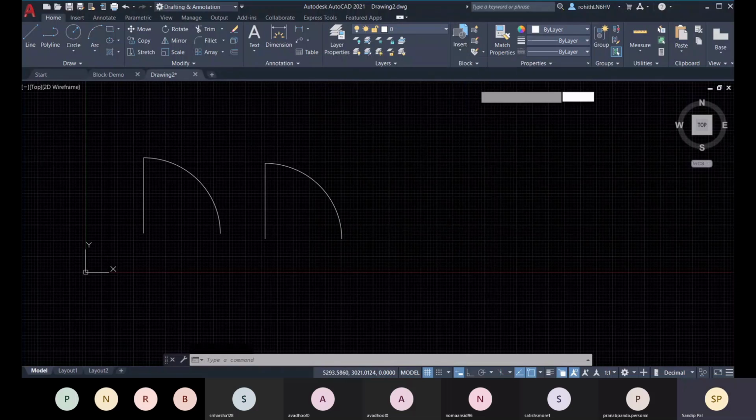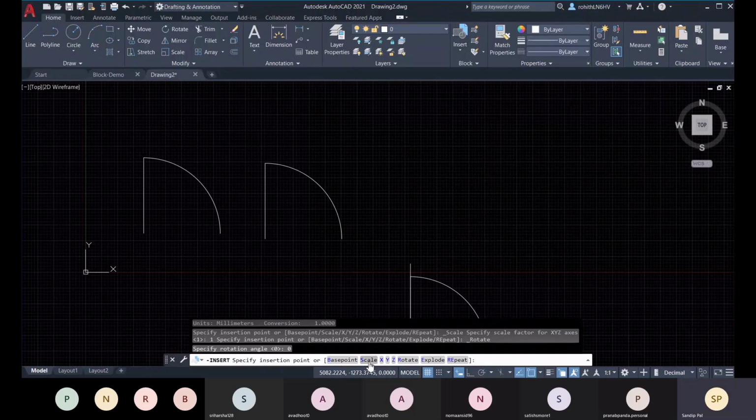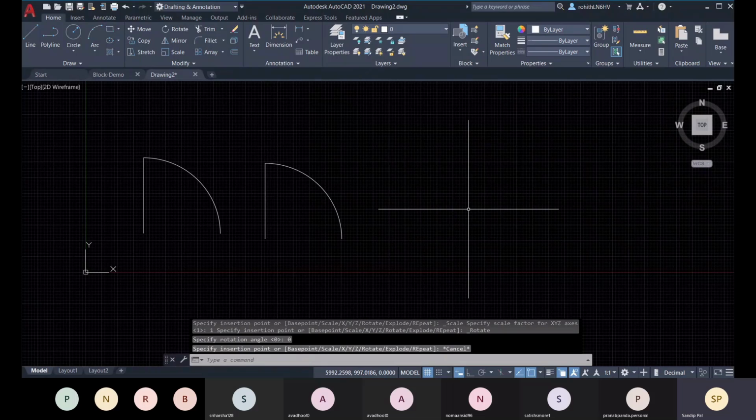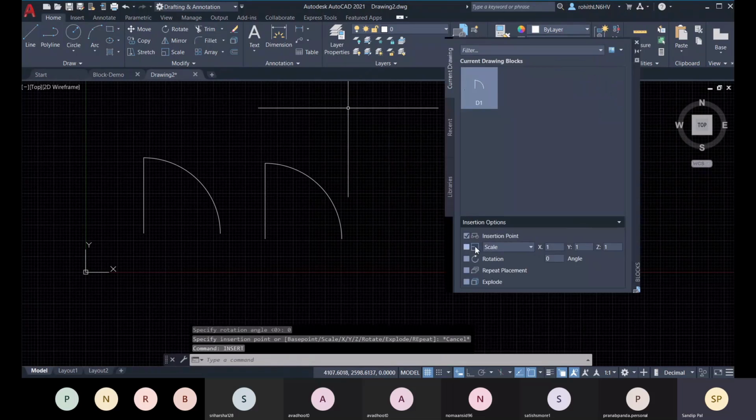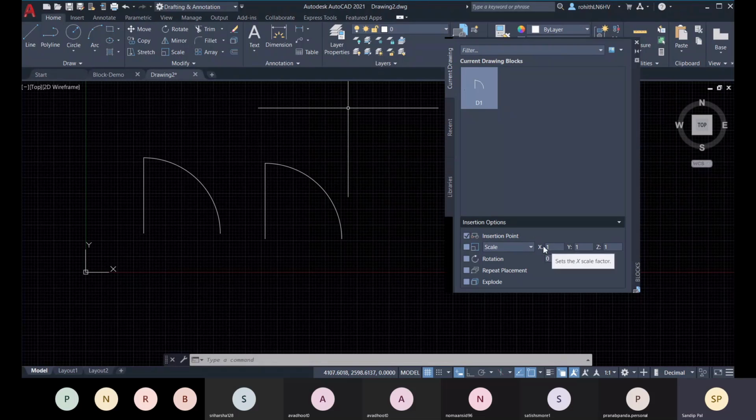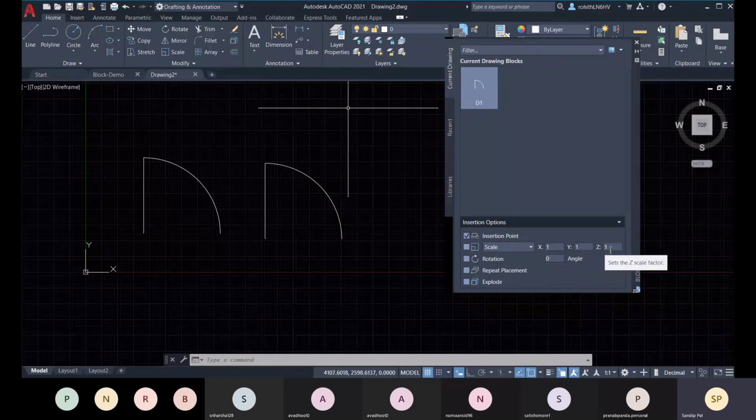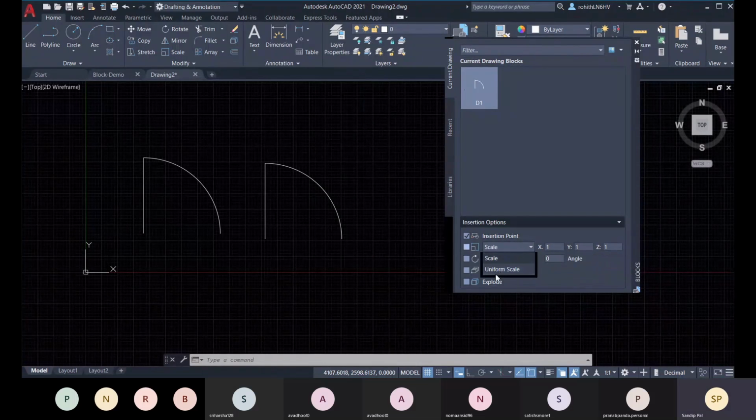Okay, so when you are inserting this, you have this scale option here. If you have opened the insert window, there you have this scale option. You have scale for each dimension, x, y, and z. You can choose uniform scale, so then you can put only one scale factor for all 3 dimensions.